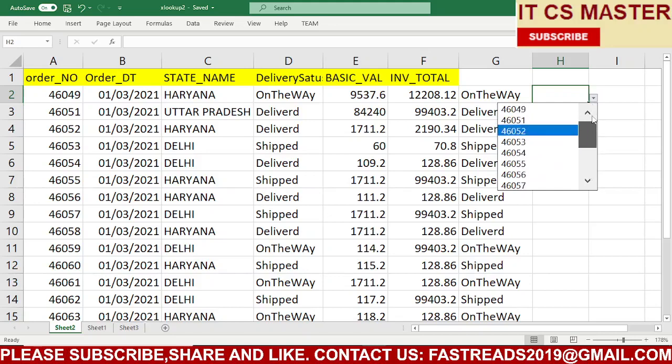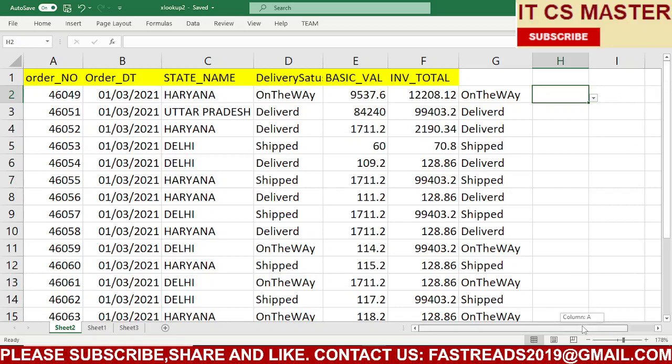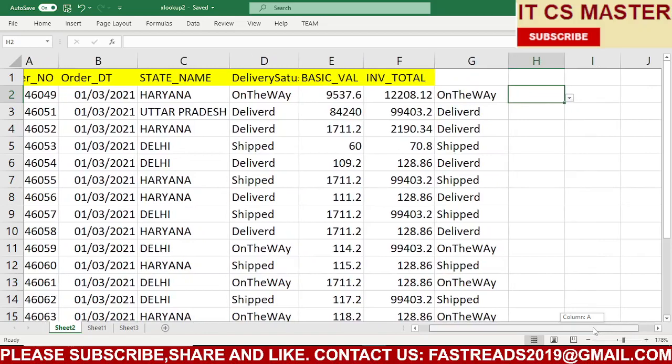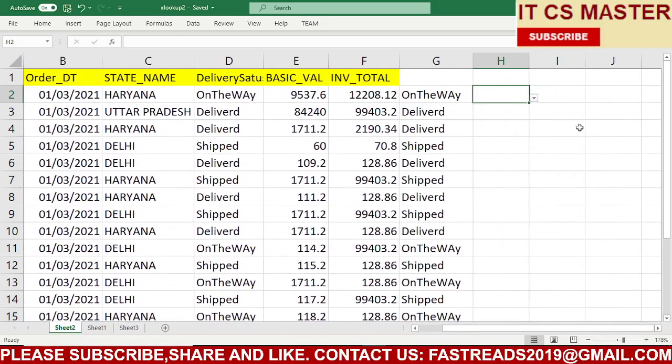Now what is important is that you can find the status of a single order. Again I use VLOOKUP.